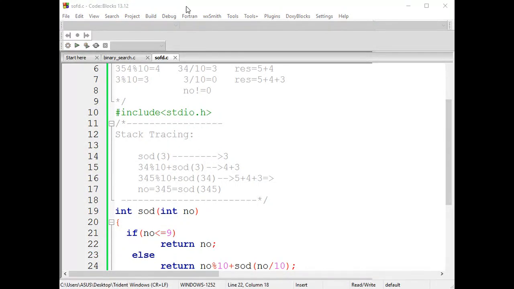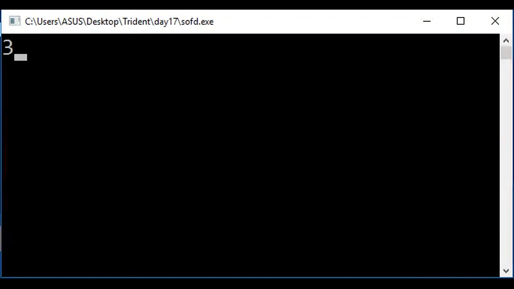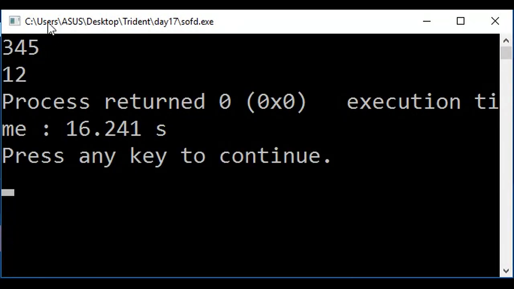So let me share the output window. Give me a second, I'll stop sharing this and share the output window. You can notice that first we are supposed to accept a number from the user. Let me give the same number 345. It's going to produce the sum of digit of this number. Is this clear?